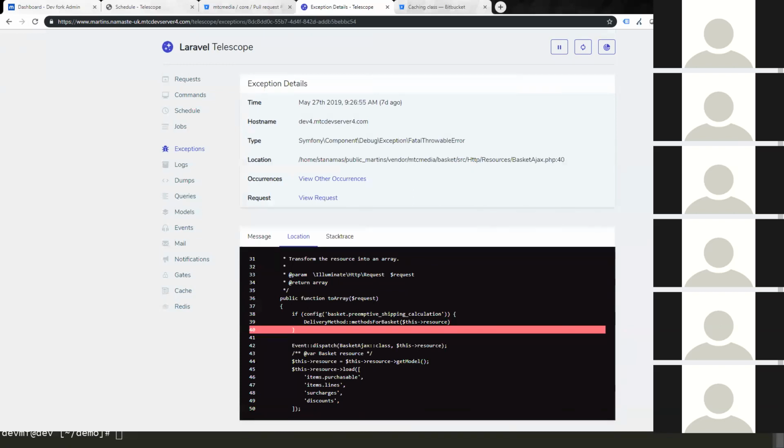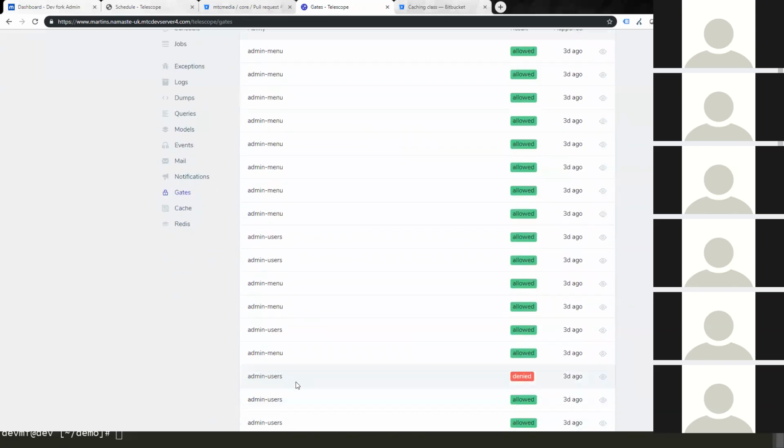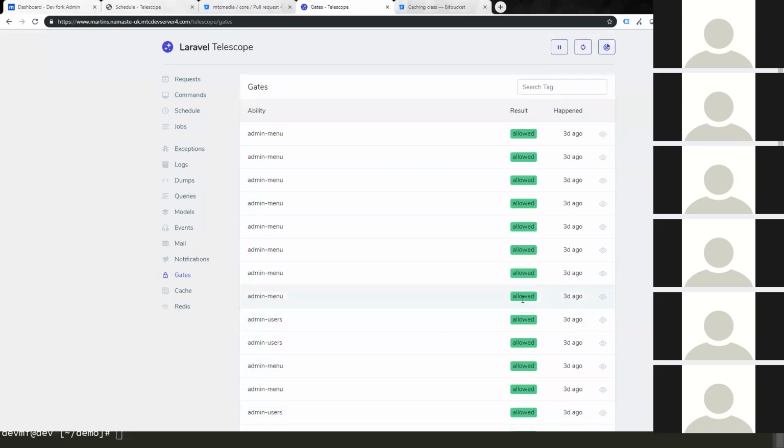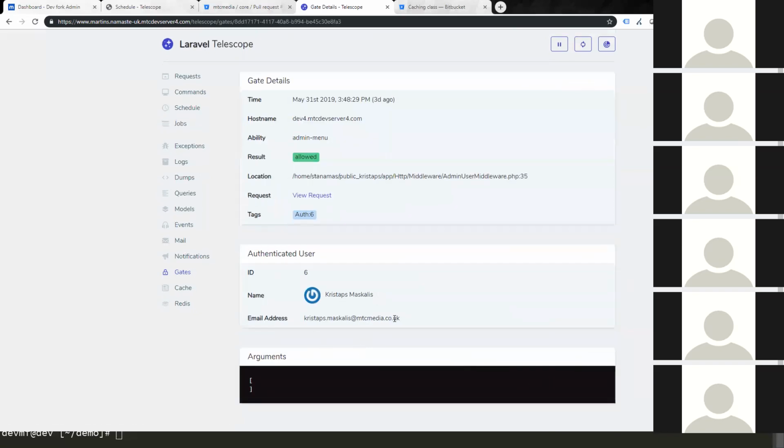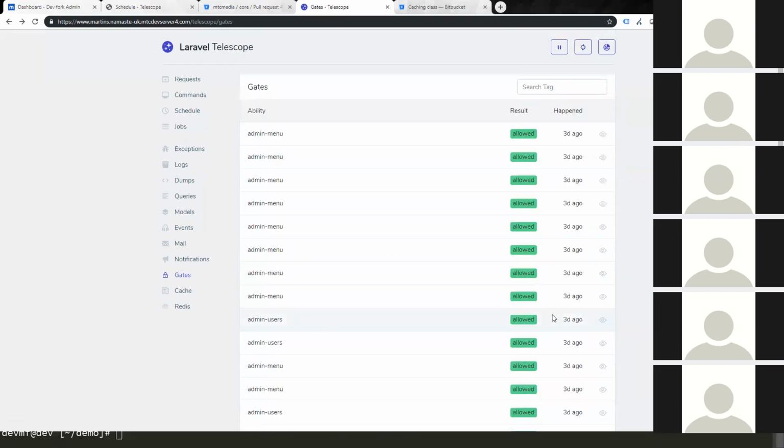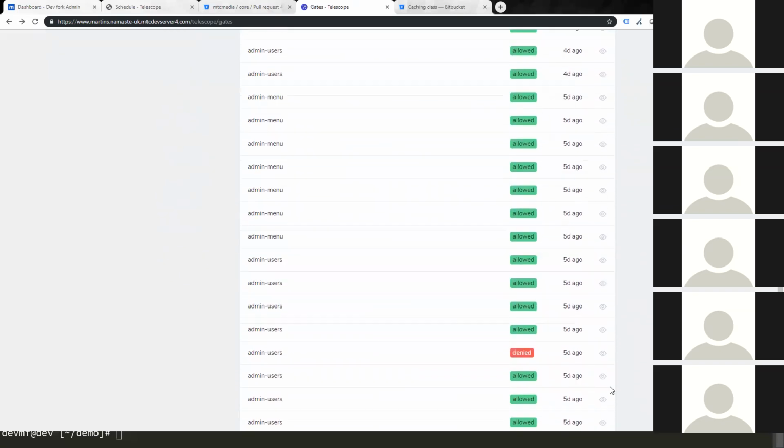Yeah, there's much more functionality to that, as I can see. So probably we'll need to go ahead and have a look at what the gates do and all that kind of stuff. Things like gates are fairly new for us because we moved to Laravel authentication fairly recently. But the idea is that it checks who is logged in and whether they have access to viewing that page. So this is basically the Laravel authentication being in place, which, like you can see, is denied,